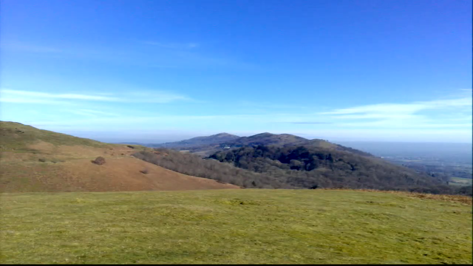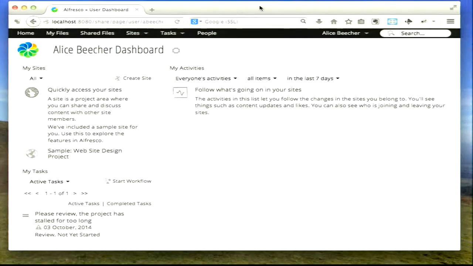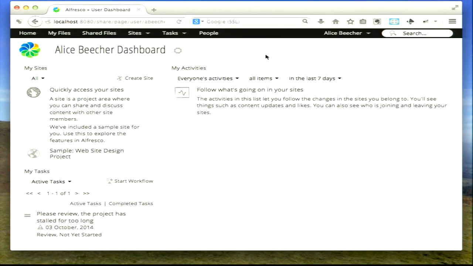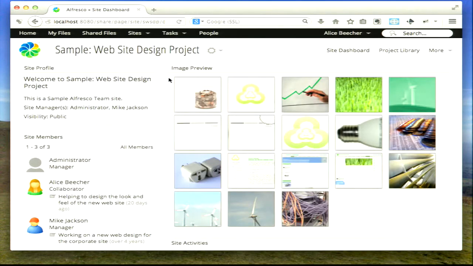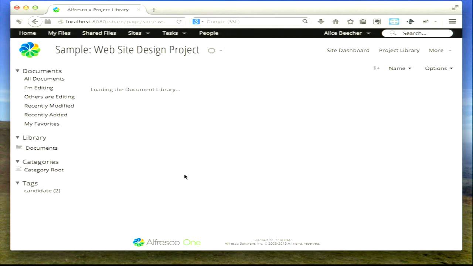So I'm just going to jump into it. How readable is that at the back? Okay, so this is a standard out-of-the-box 4.2 enterprise other than the addition of the 5-star ratings. And this is one of the standard sites and users that are provided. So if I pedal a bit faster on my virtual machine, we can jump into a site, and then if I hop into a project library,